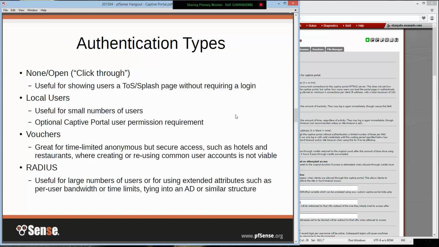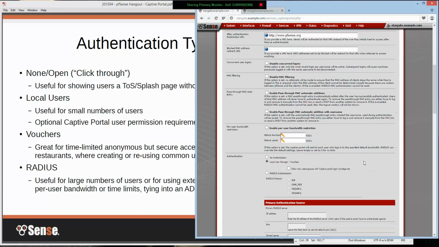For local users, if you set that, it's usually best for a small number of users, because you have to manage the users inside pfSense if you choose that. And there's a captive portal permission that's optional. I'll show you here. If you only allow users and groups with captive portal set, I don't have that required